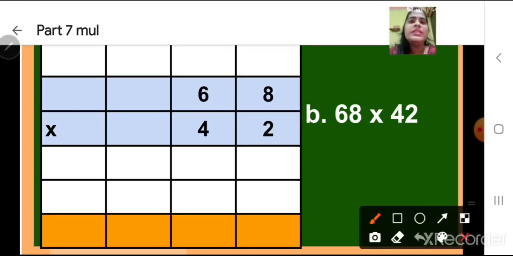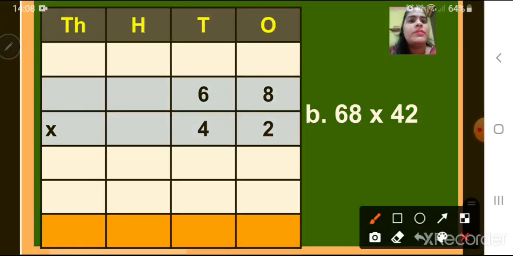So children, let us multiply. Now we are going to start from the ones place. Now 2 eights are, what is 2 eights? It is 16. So 1 will be carry over and 6 we will write down. After that 2 we have to multiply with number 6. 2 sixes are 12. Is there a carry over? Yes, 1. So 12 plus 1 is 13. So I will write 1 and 3, 13 directly.